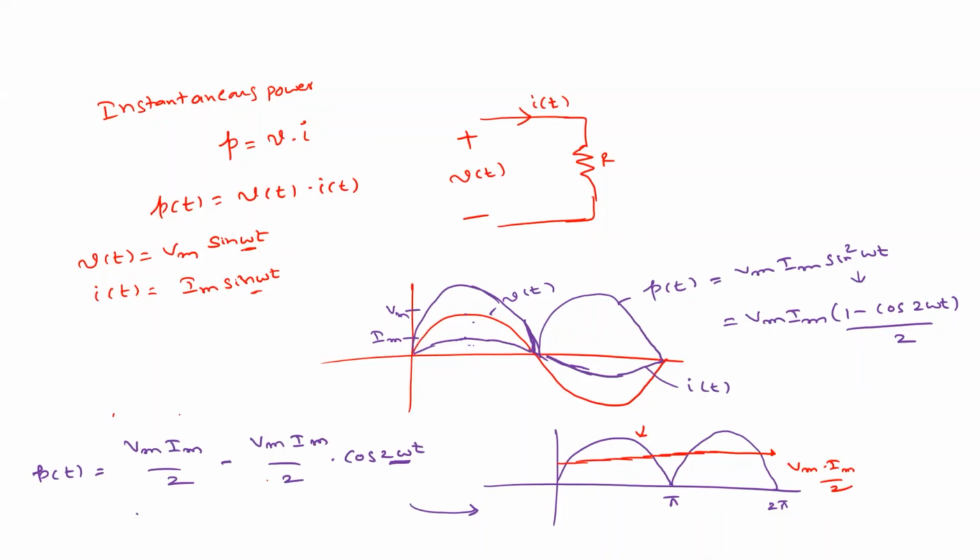It's a double frequency component. So this gives you the instantaneous power, right? Usually instantaneous power means, at a particular instant, what is the power consumption. So there is not much meaning for that. That's why we have average power,